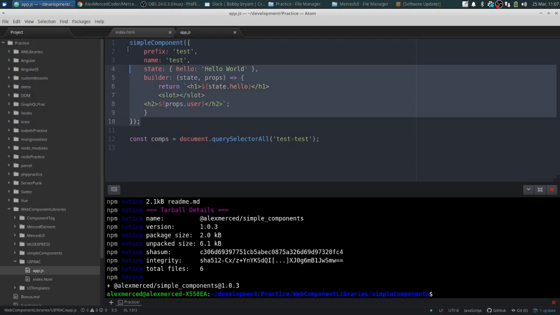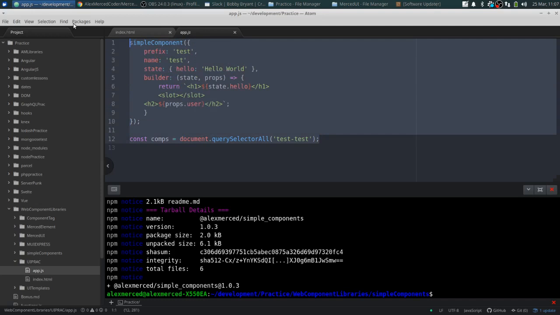Okay, so this was like SimpleComponent. That's how you would create a component in SimpleComponent. It's very small, very compact, probably as compact as it can possibly get. The only issue with that is with SimpleComponent and MakeLive component from the MercedUI library, you're interpolating a lot of strings. Basically, the function plops all the information you give it into a large string that's evaluated,